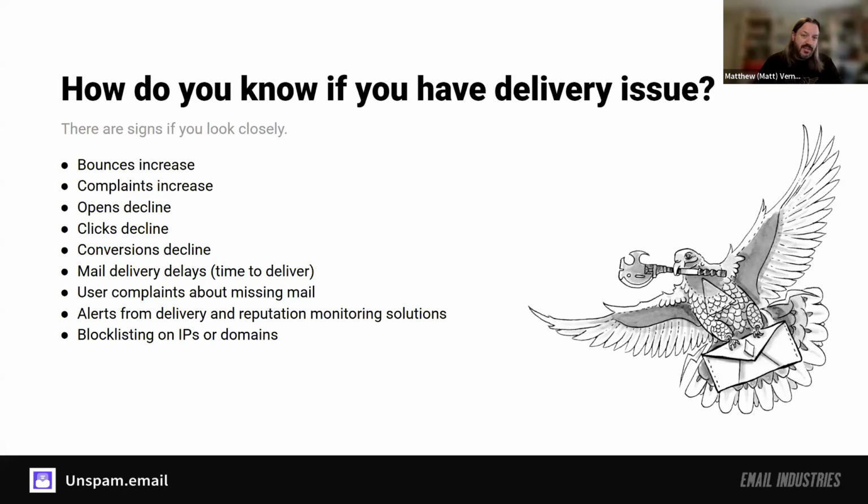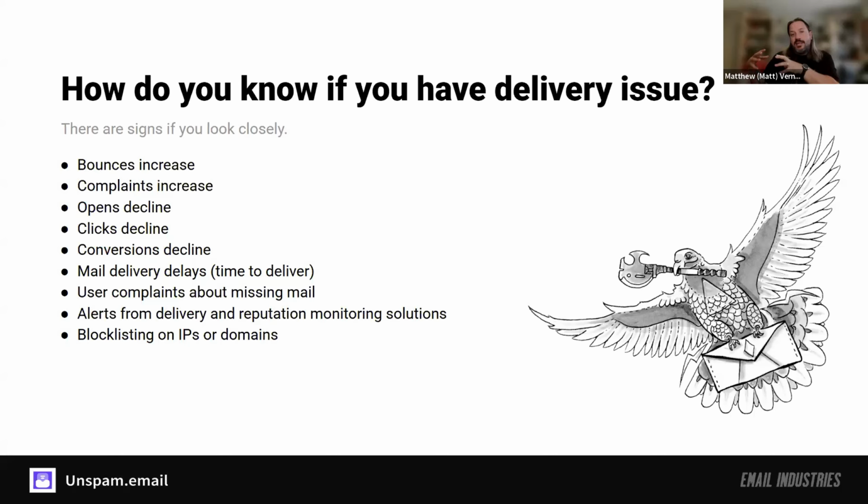I love this question that just came in. Are open rates still worth paying close attention to versus click rates? I mean, I like open rates, but not from the sense you used to look at them to say, is my message successful? Right? I like to look at open rates to say, are my open rates consistent or relatively consistent, plus minus a couple percent on any given message? Because what you're seeing, if you have a 40% open rate for the last quarter, and next week, all of a sudden you have a 20% open rate, it likely means a large portion of your mail is now going in the spam folder, right?